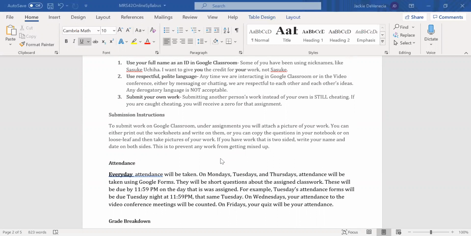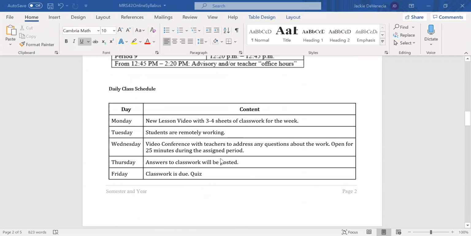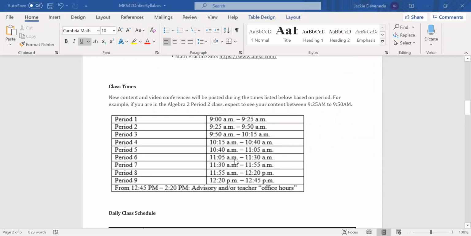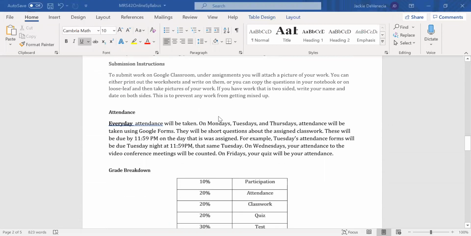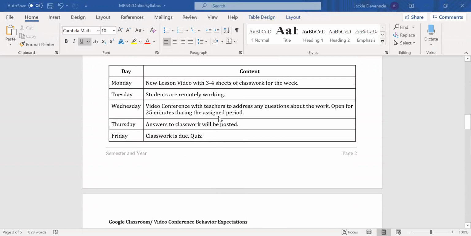All right. So you don't need to worry about, oh my God, I'm period 1, I need to wake up at 9 a.m. and do my form right now. No. I'm going to check it at the end of the day. I just want to see that you're actually going in and looking at the content provided in Google Classroom. So the only time I will be strict about the timing would be Wednesdays, because that's when we meet up at our scheduled times for our weekly meetings.